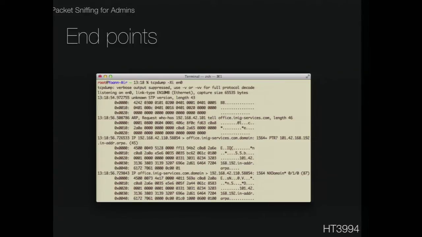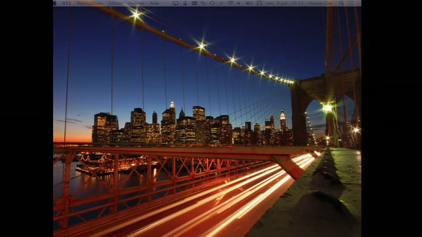What is going to be more interesting is the write-to-file mode. You can use tcpdump to grab the data and write it to a file and be able to read it later with more useful tools. If we try to do that,